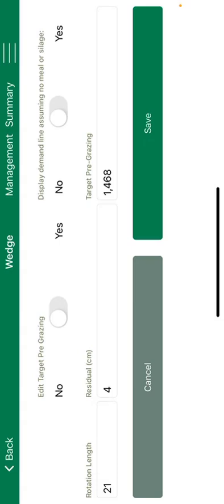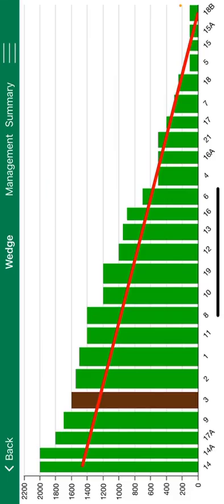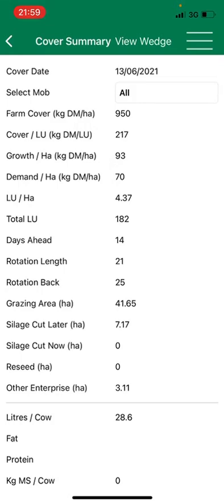Gives me a pre-grazing yield of nearly 1,500, which is about spot on. Just hit save there for a second. So you can see we're definitely in a surplus situation here. Before we do anything there, what I'm going to do is click summary at the very top. Just hit summary, and that gives a nice rundown of where we are today in terms of our average farm